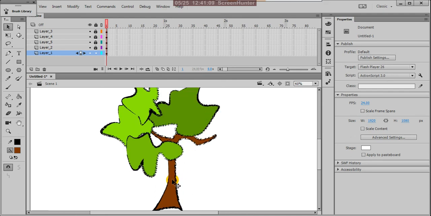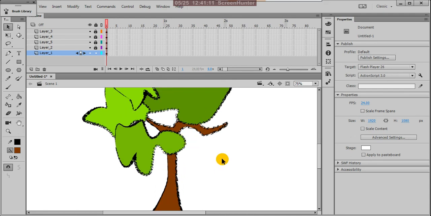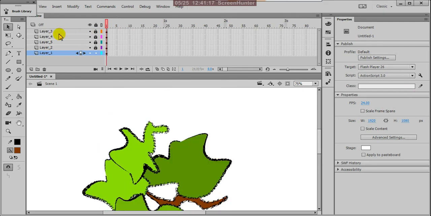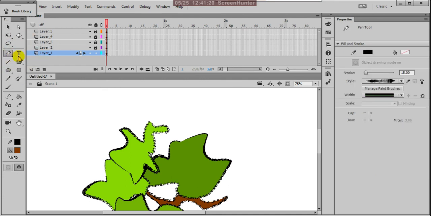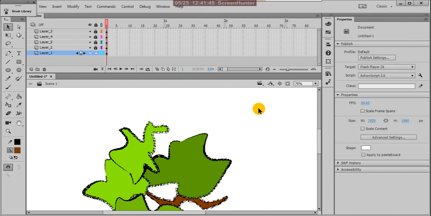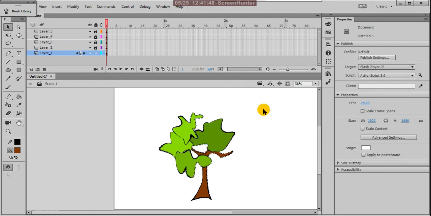In the same way you can change the pen outline also. You can change the pen outlines. Okay, so after giving the pen outline and getting it from the brush library, you can modify your pen line into your required shape. In the same way you can increase and decrease the pen size. Okay, in the same way you can change the width of the line. Okay, so these are the things we used